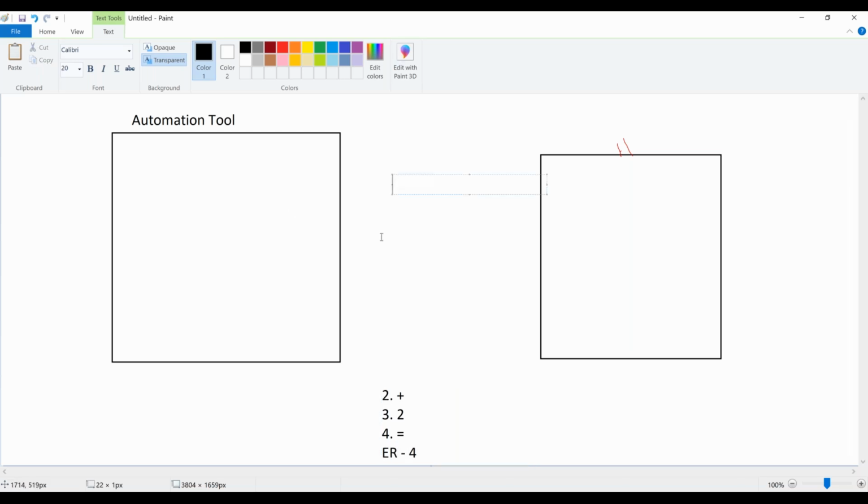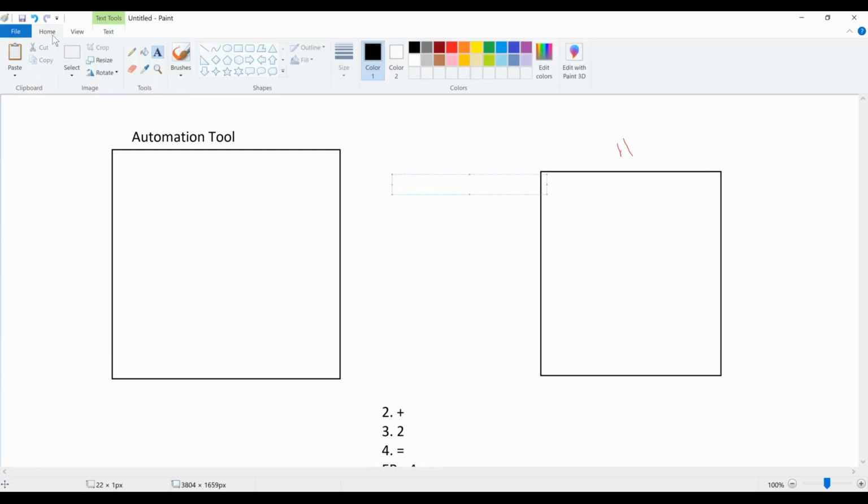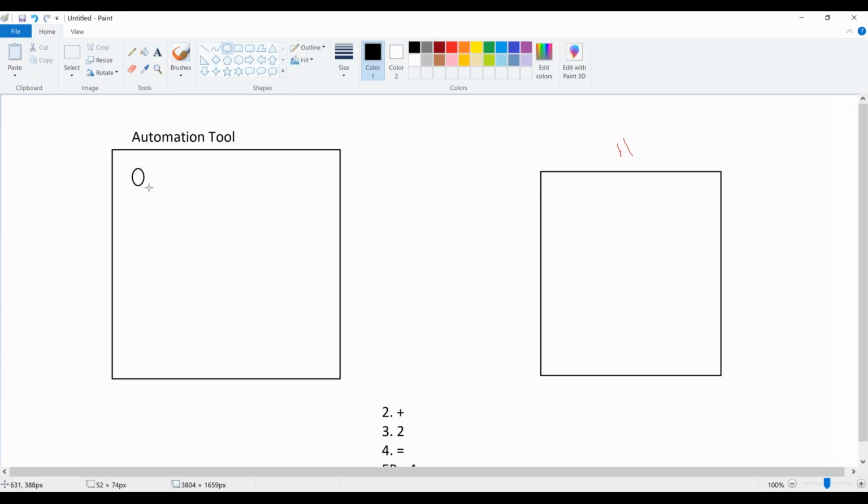In an automation tool, there are a couple of controls. One control is called the record button. You also have a stop button and a play button. I'm talking specific to QTP; in other tools you may not have this. If you don't have these buttons, I can manually write; if you have these buttons, I can use them. So this is your automation tool and this is your calculator.